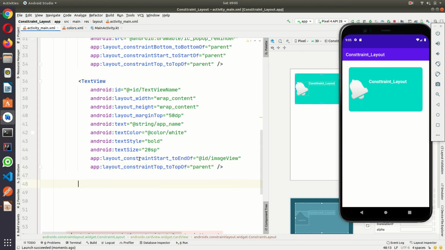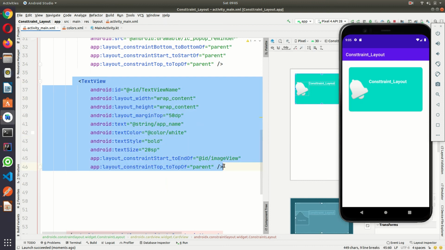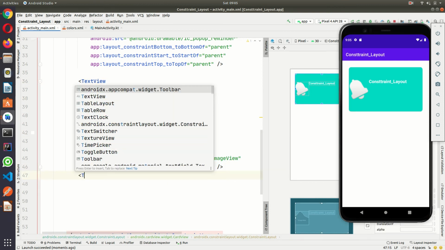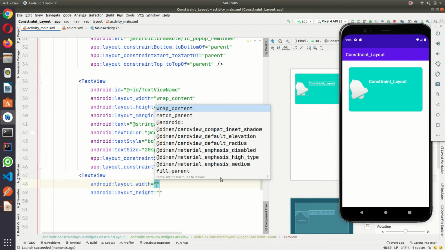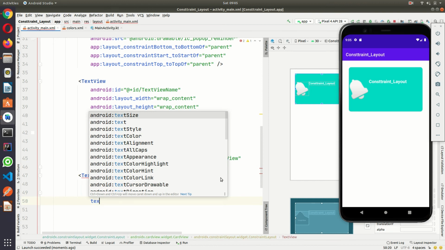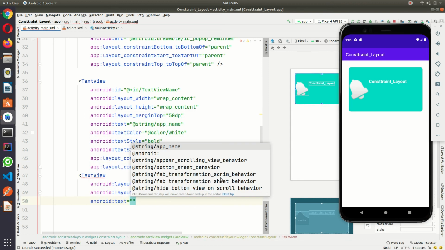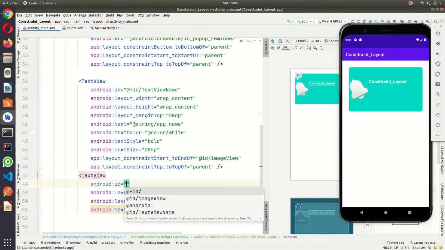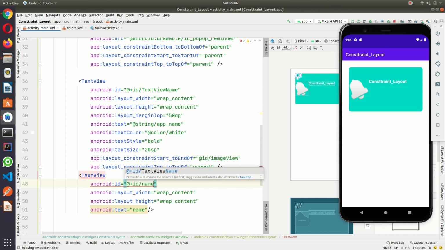So I'm creating another text view here, with the ID name text.